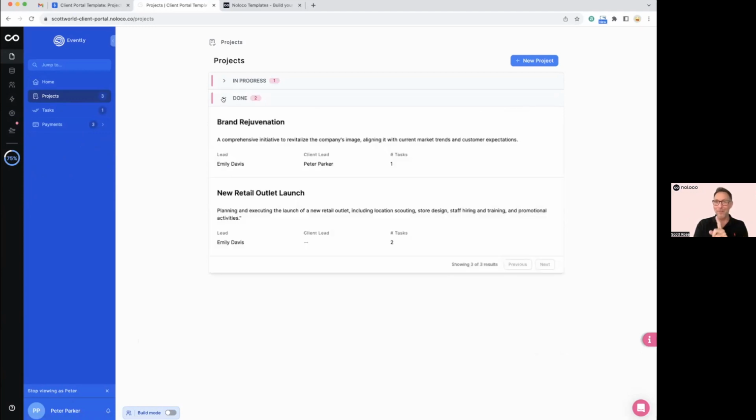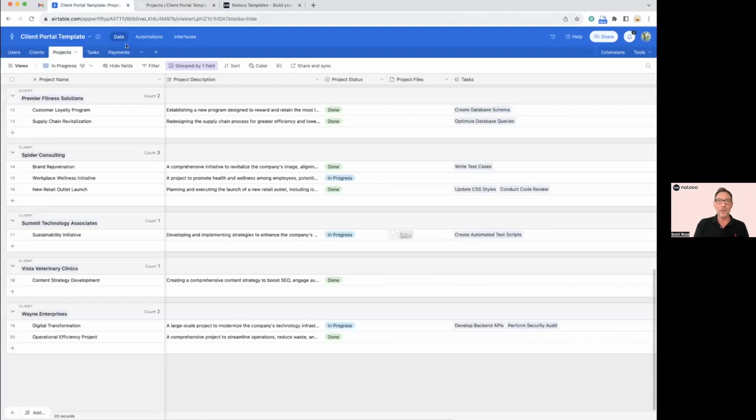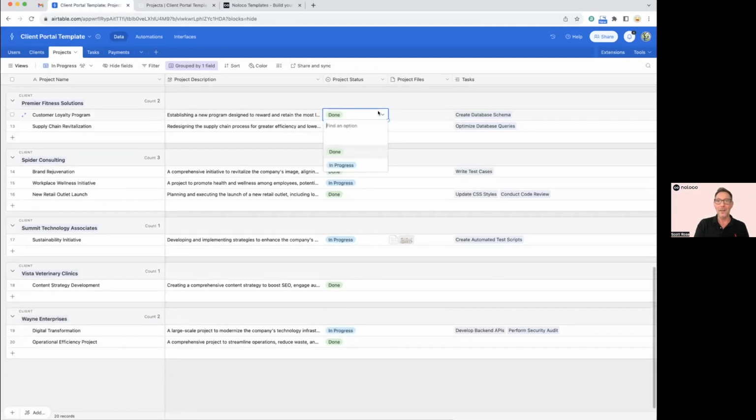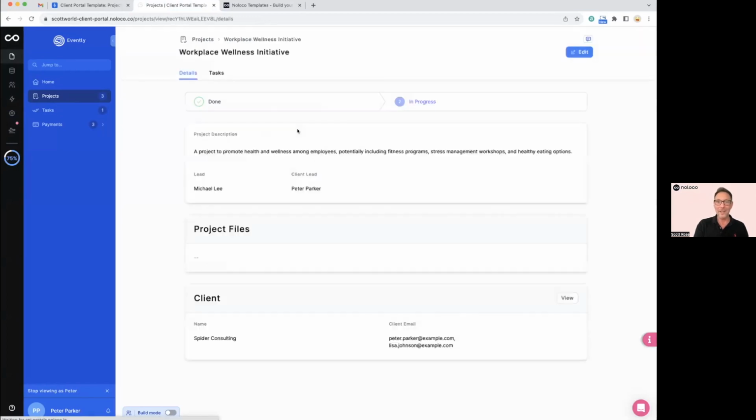I have not found any other portals that enable this grouping functionality, which I love. My clients love it, everybody loves it. It's one of the things people love about Airtable, that Airtable does grouping, and Noloco does it as well. If we go back to Airtable for just a moment, you'll see that this is where that status is chosen, done and in progress. So back in Noloco, your client logs in. We're looking at this as Peter Parker, and he wants to take a look at this in progress project right here. So you can click on this right here,